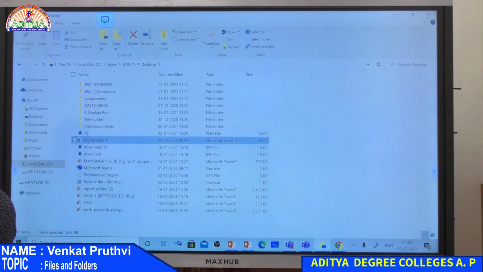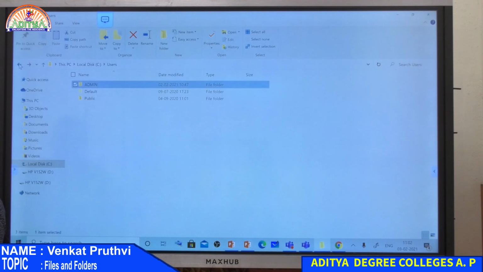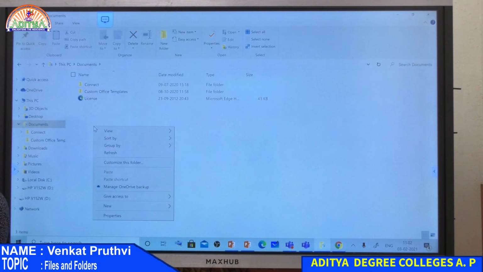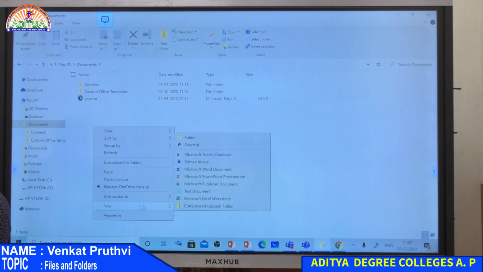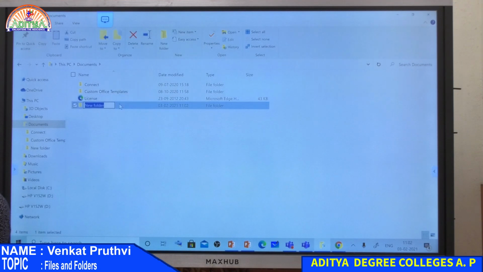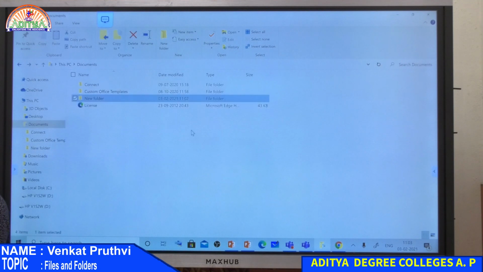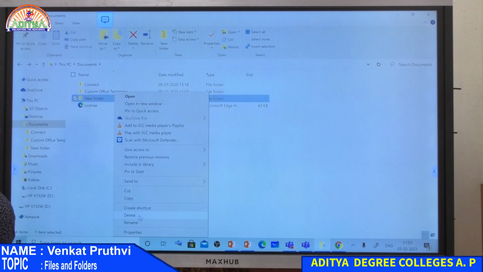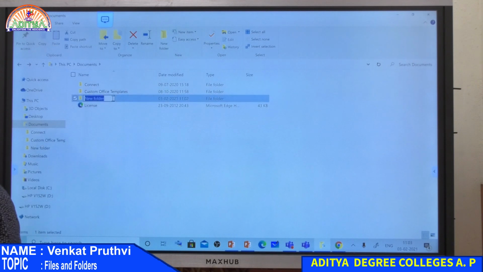If I want to create something outside this, or create data in documents, you just have to right click, go to New and create a folder if you want to create a directory. Otherwise, you can right click on it and rename it to whatever name you want.